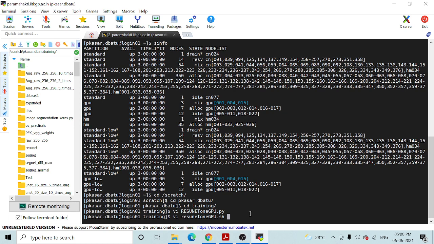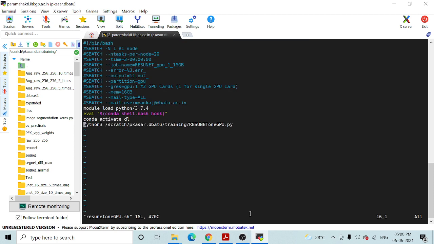And what is the structure of that file, how to demand your resources in that job file, I will demonstrate that. I have already written this file, let me explain. This is the first compulsory line of your job script .sh file. Then this is how many nodes you will require, which you specify through capital N. So I will require one node for my job to execute.